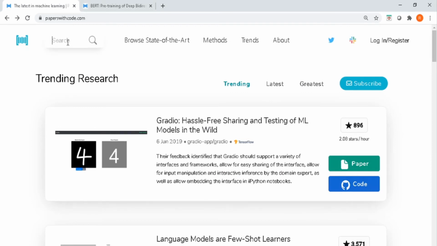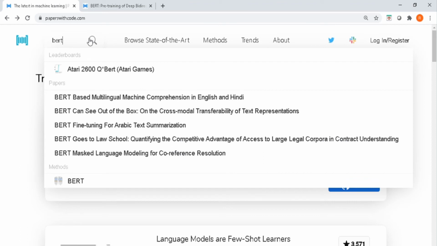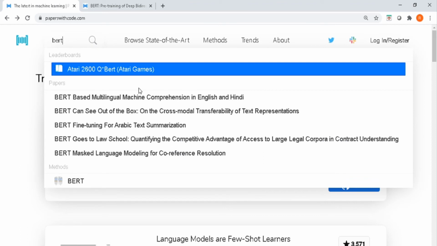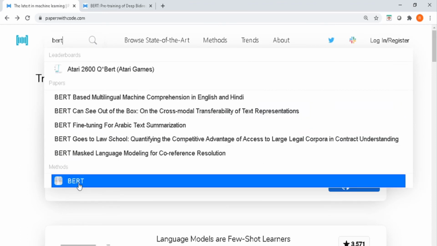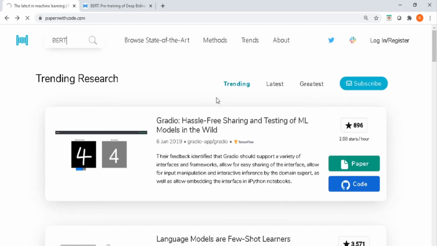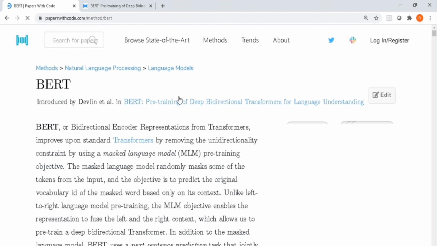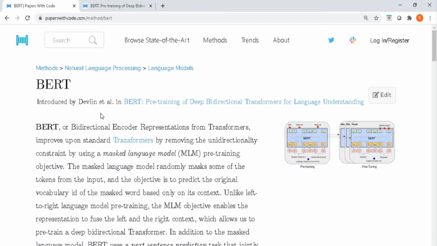Let us look at the search functionality over here. For example, I want to search BERT. So the moment I type BERT, I get these auto suggestions. Now let me look at the methods. Here you have the method which is BERT, the author who introduced BERT over here, and a link to